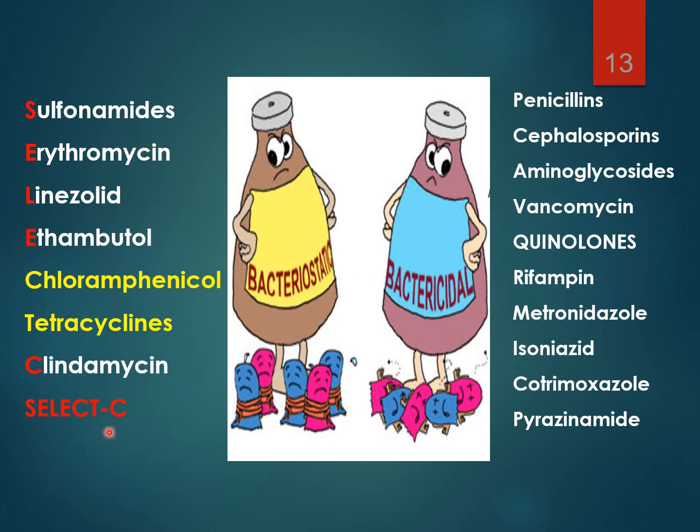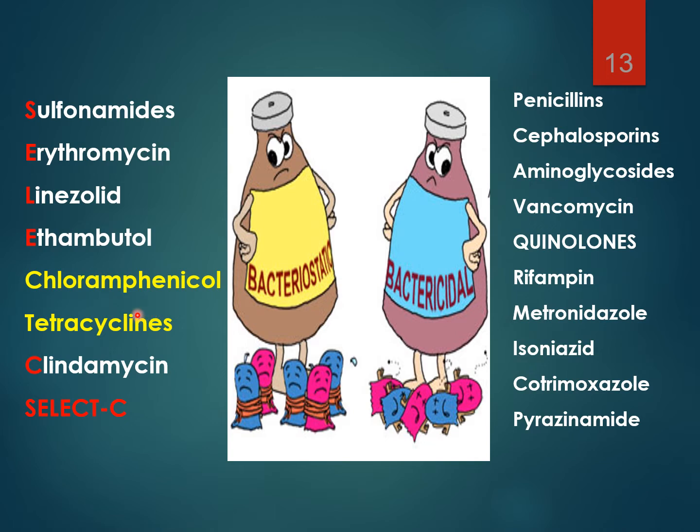And coming to one type of classification of antibacterial drugs: bacteriostatic drugs and bactericidal drugs. So what are these bacteriostatic and bactericidal? I already told you, bactericidal drugs are going to kill the bacteria, and bacteriostatic drugs are going to inhibit the replication and growth of the bacteria. And coming to today's topic, tetracycline and chloramphenicol are both